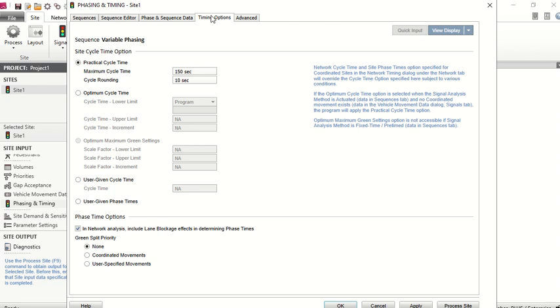If you ask it to do the calculation, it will do it for you, but it will not go above this value. So if your volume is very high and the cycle length required is 200 seconds, but you put 150 here, it will do 150, and then it will tell you it is still level of service F, and so on. Rounding off to nearest 10 seconds. Should it optimize the cycle time? Should it optimize the maximum green time? You want to give your own cycle length, you want to use your own phase timings, and so on and so forth. And the last thing is